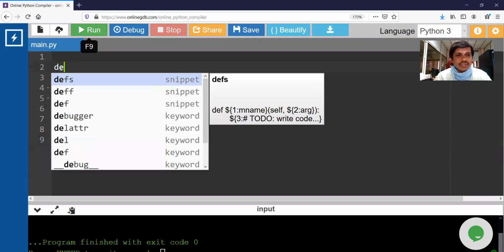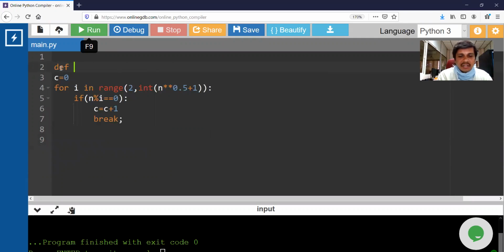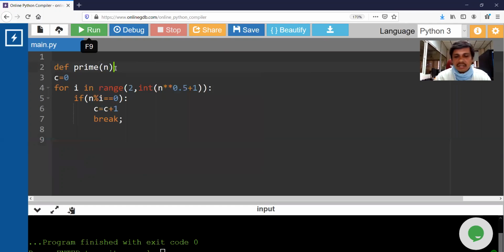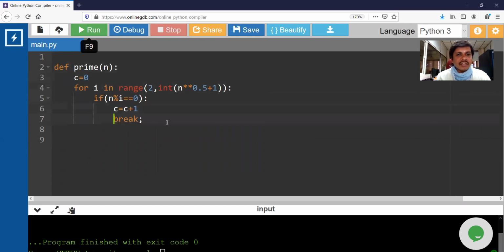If it is a function, it should start with def, and since it is a prime function, prime, and I need to send an n value as a parameter. Okay, function syntax, and indentation. So this is a prime function. If you give an n value to this prime function, it will check whether it is a prime or not.